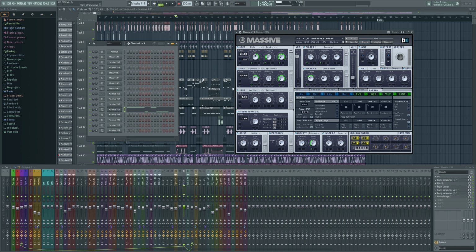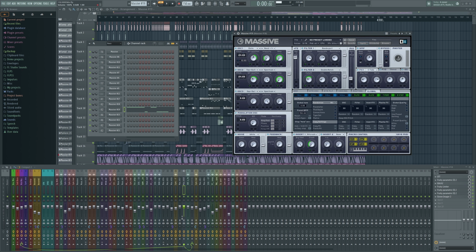For example, this is a massive patch I created and I turn off all of the effects on it. This is the patch itself. And with the effects on,